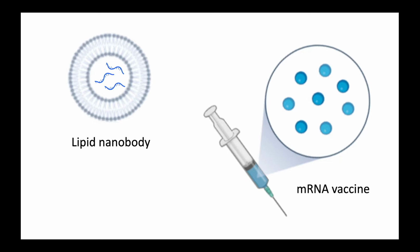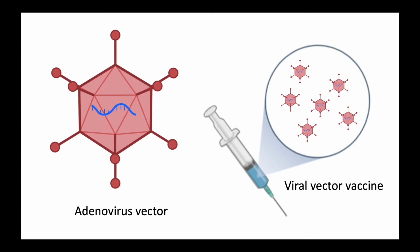The Oxford AstraZeneca vaccine uses quite a similar approach, but instead of using a lipid nanoparticle, it will use what we call an adenovirus vector. Now, this adenovirus vector in this case is actually a virus which can cause a common cold in the chimpanzee. It's been modified so that it cannot cause disease in humans, it cannot replicate in humans, it does not cause COVID-19 in humans, but it is a method through which we can deliver the mRNA to our own cells,